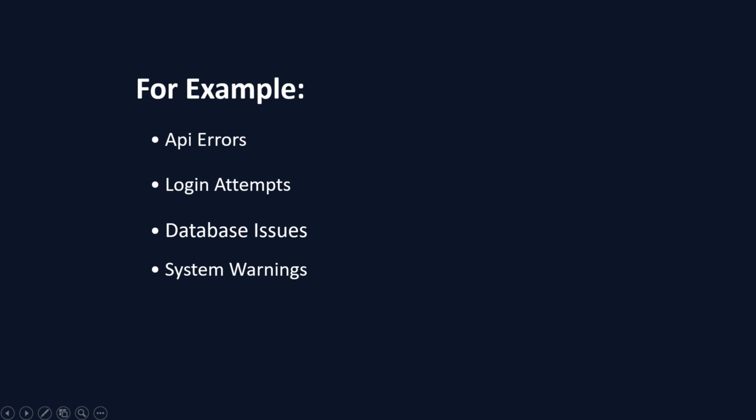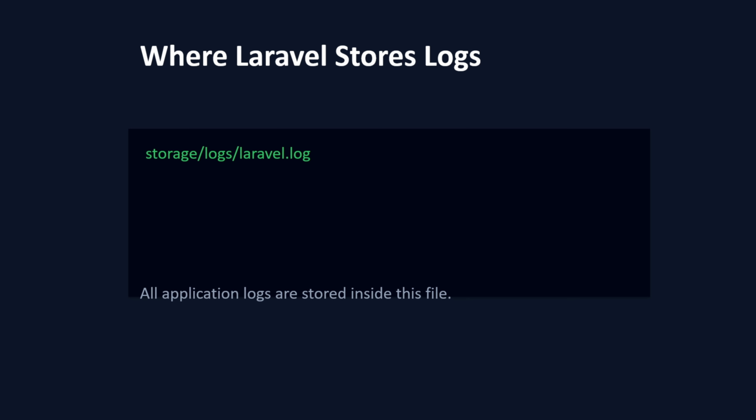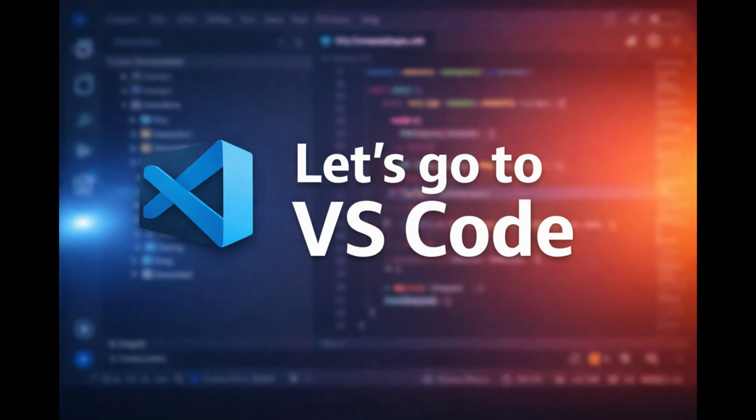Now the question is, where does Laravel store log files? Laravel stores the log file inside the main application folder, in the storage folder, inside that logs, and inside that laravel.log, which is the default log file. Whenever something happens in your application, Laravel writes information into this laravel.log file. So let's go to VS Code and I will show you where these settings are in .env and